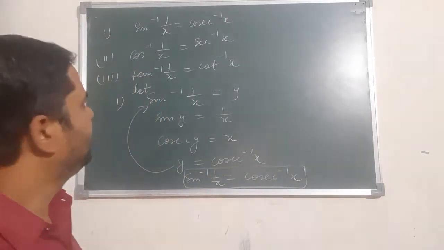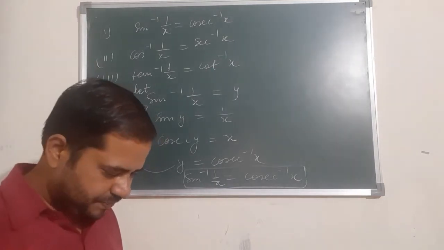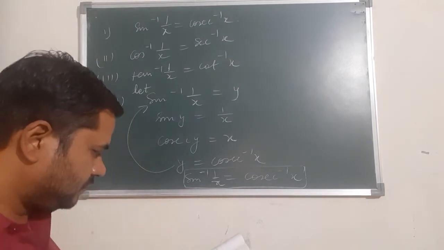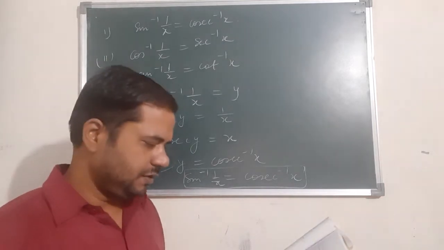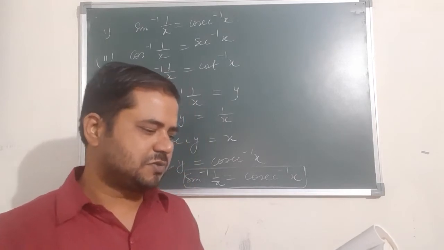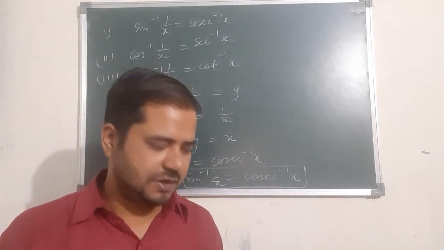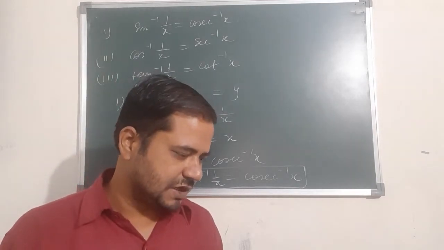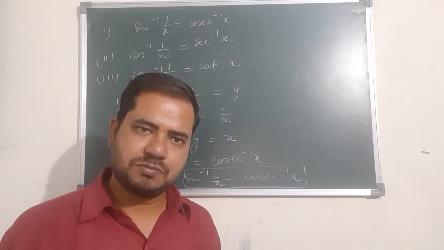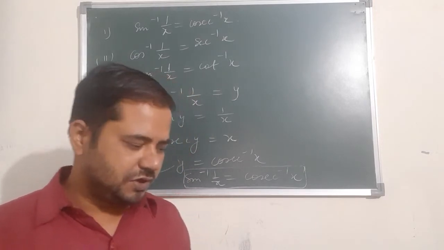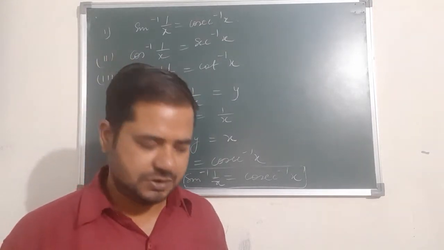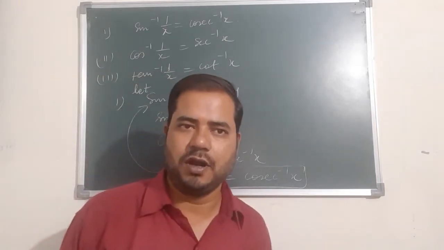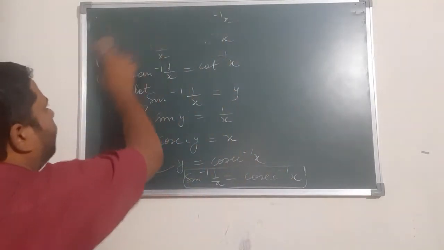Okay. Now next property, if you see, second and third, that's very easy. You have to write it. Sine inverse minus x is minus of sine inverse x. Tan inverse minus x is also minus tan inverse x. Cosec inverse minus x is minus cosec inverse x. So we have to use these properties where needed. Now the third one is also the same. Now the fourth one is important. This is a very important property.